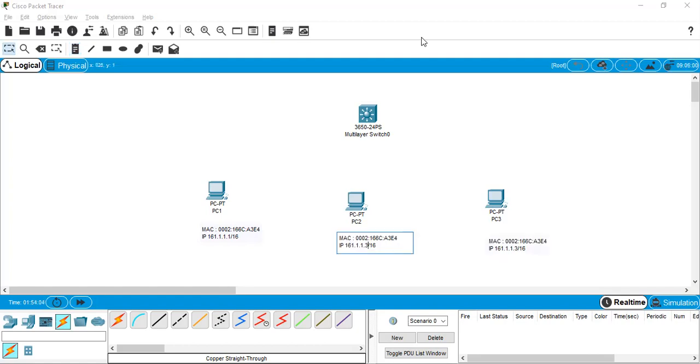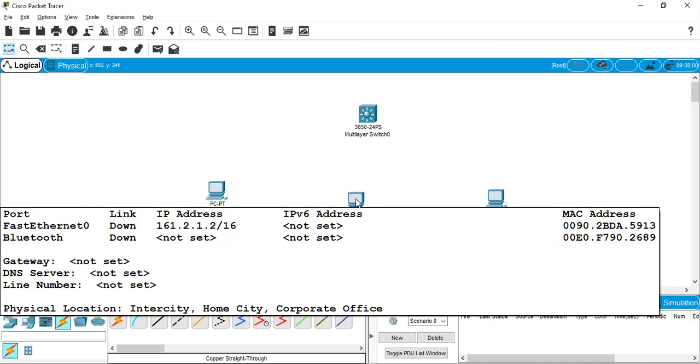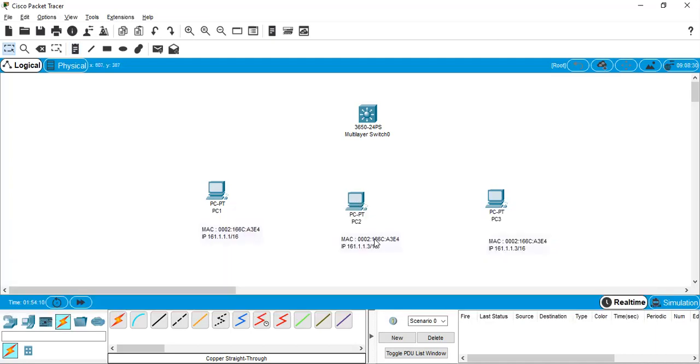PC. And let's see what is the MAC address. 0090 2BDA 5913.